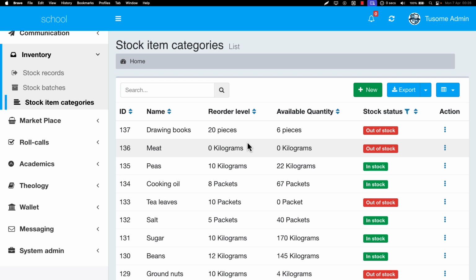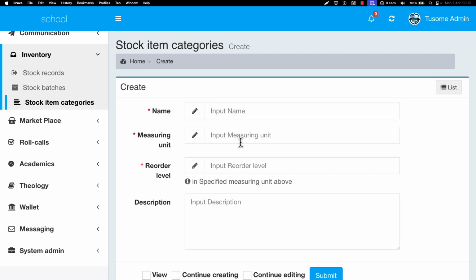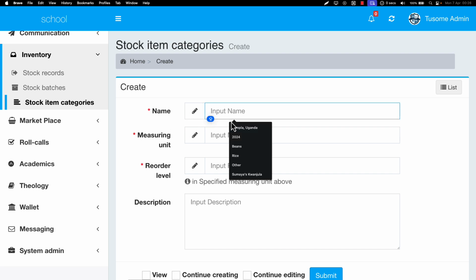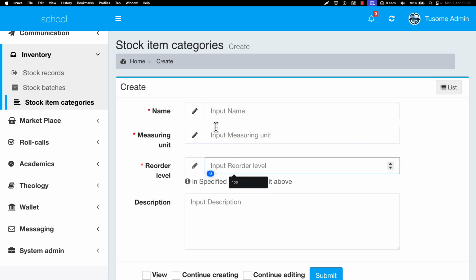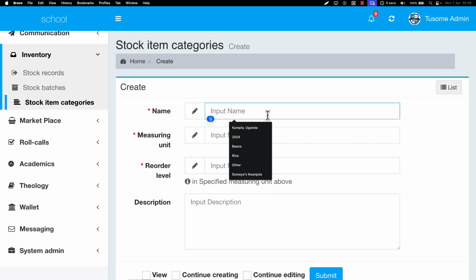To do that, you just simply come here and say new. First, make sure that the category is not there yet. Go ahead and enter the category name, then put the measuring unit that you use, and then put the reorder level. So for example, I can put a category called